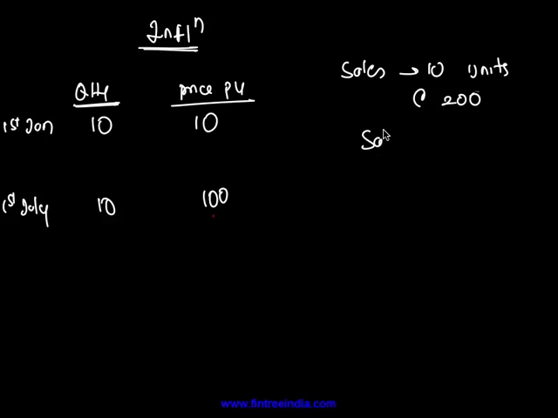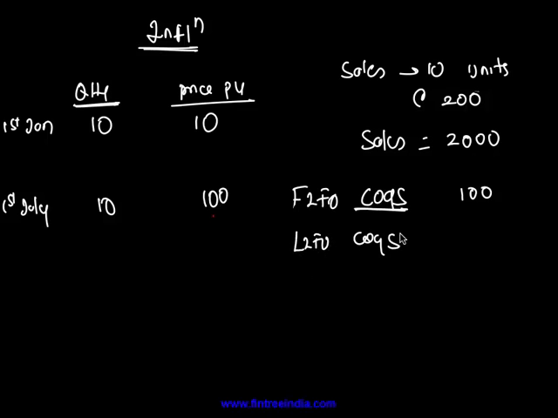So what is your total sales? Total sales is 2000. You want to decide what should be the COGS. And to determine COGS, we'll have to determine which method to use. Imagine you decided to use FIFO. First in, first out. So in FIFO, we will assume which one is sold. The one purchased at a price of 10. So your COGS would be just 100. But if you decided that you want to use LIFO, then the COGS is going to be 1000. Which means depending on the method of accounting you use, there would be a large difference between the profitability of